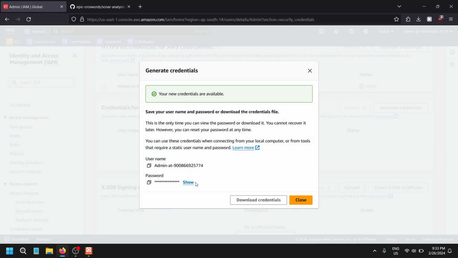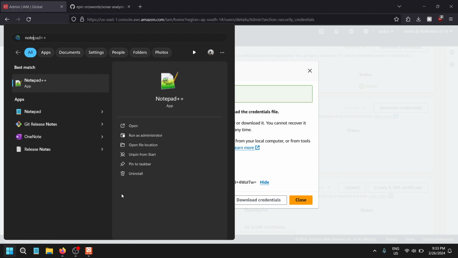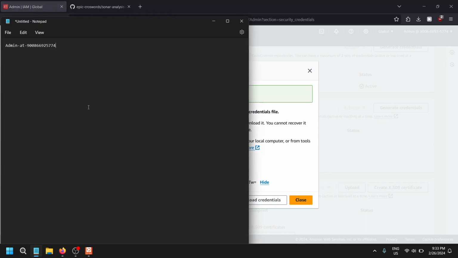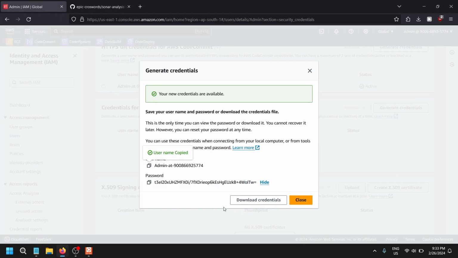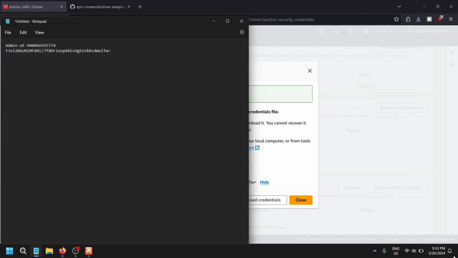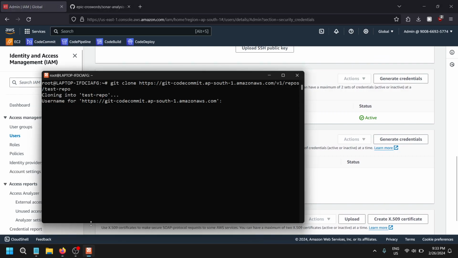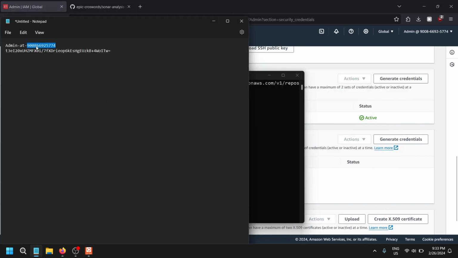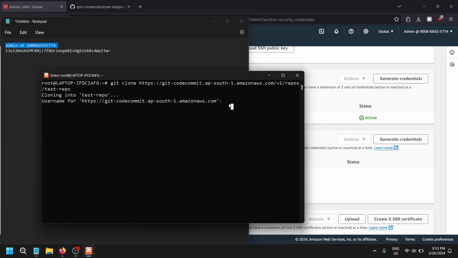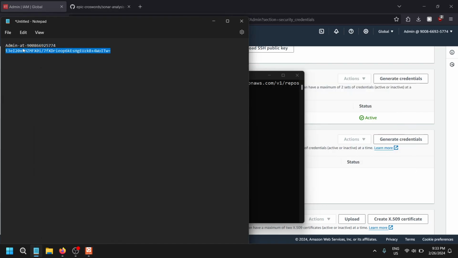Let's generate credentials. Let me open the notepad. We are copying this username and password into a notepad file, which is not a valid approach to do. Let's add our username and password here to clone this repository. For the password,